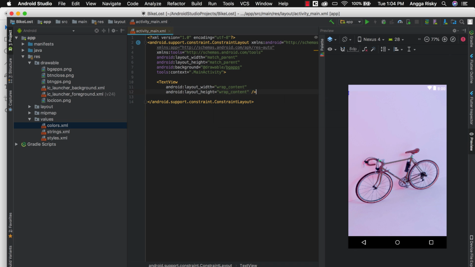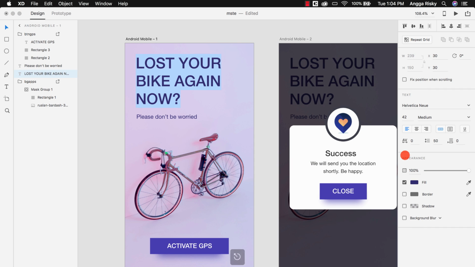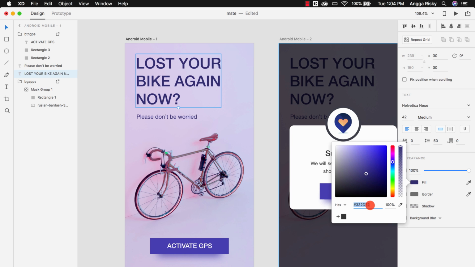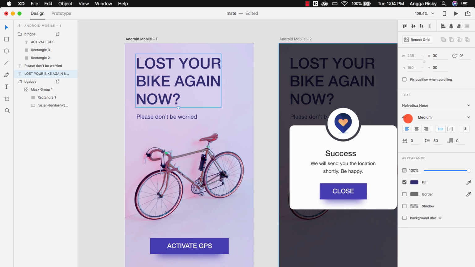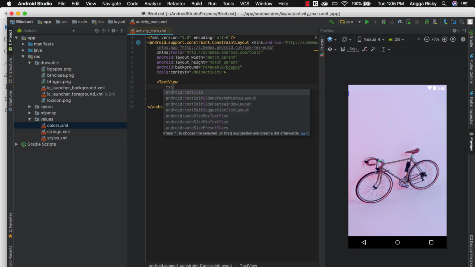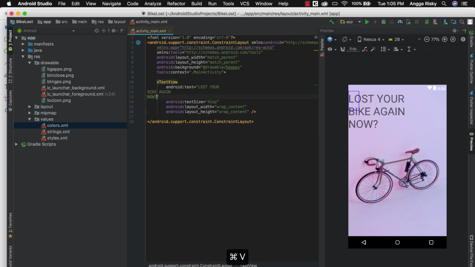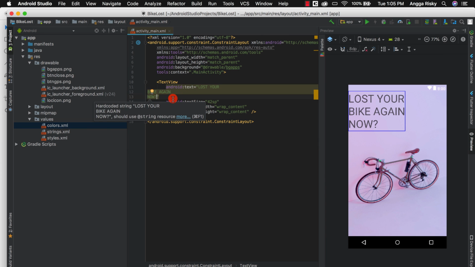Then we need the text view over there. Just use wrap content, and let's see the properties. Basically the color is like this, but later on we can do that. The text size is 42 sp, and the text is: lost your bike again.